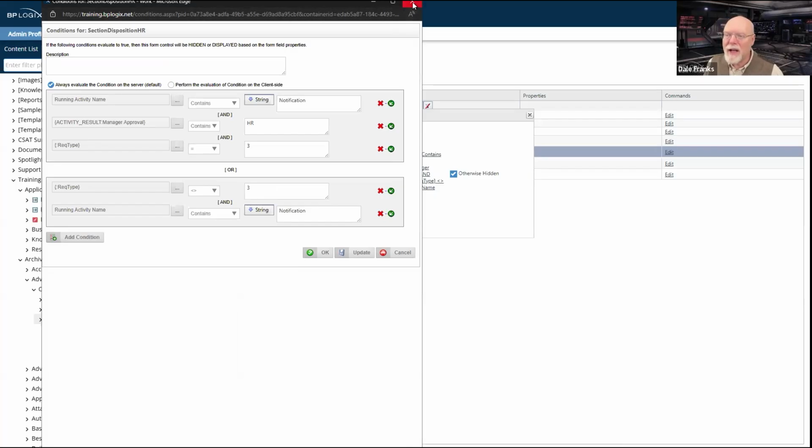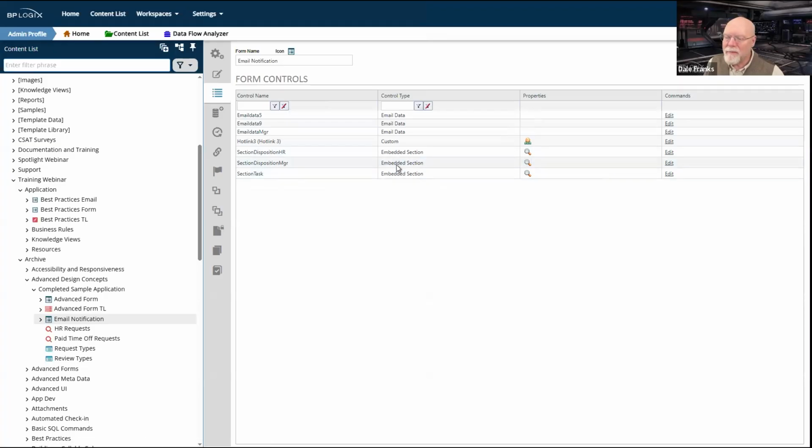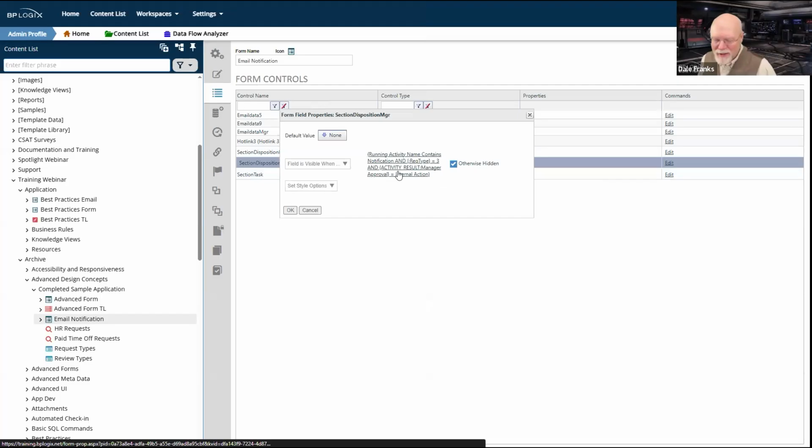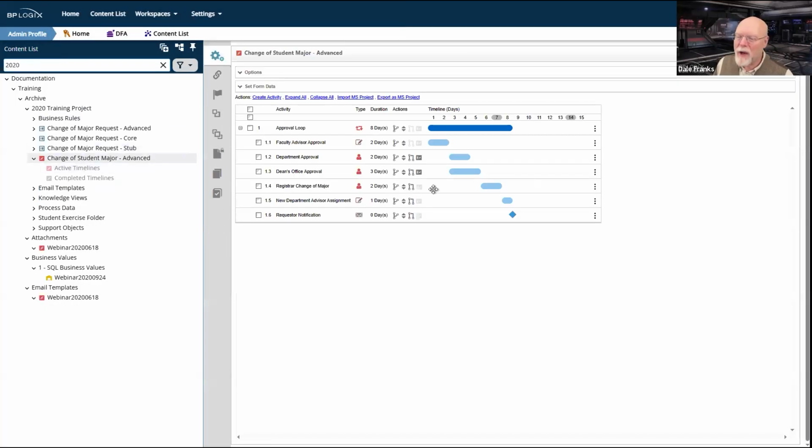As long as I have it set up that way, and some of these are relatively complex conditions, some of the conditions are a little bit simpler. The reason that this is so complex is because, unfortunately, it's a multi-type request. So it can be an HR request, it can be a complaint, it can be a leave request. It does a whole bunch of different things, which makes creating these conditions a little bit more complex.